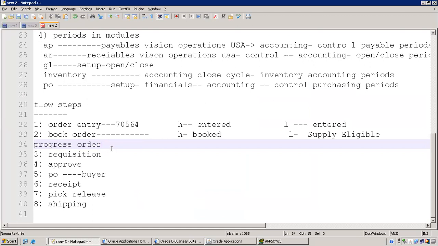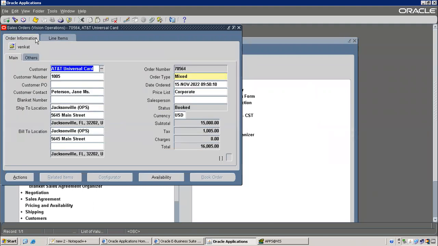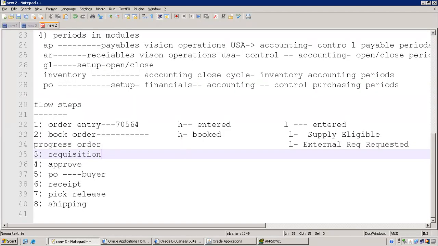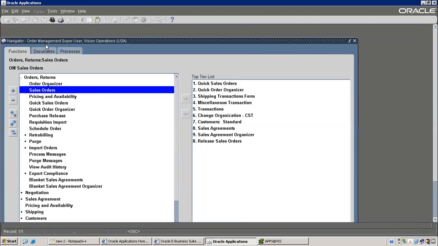After progressing the order, what is the line level status? You need to remember all the statuses. So we requested, your system is expecting requisition is requested. Right now the data is available in the requisition interface tables. So do you know the requisition interface tables? No, that is the base table, right? So you go to here. There is an